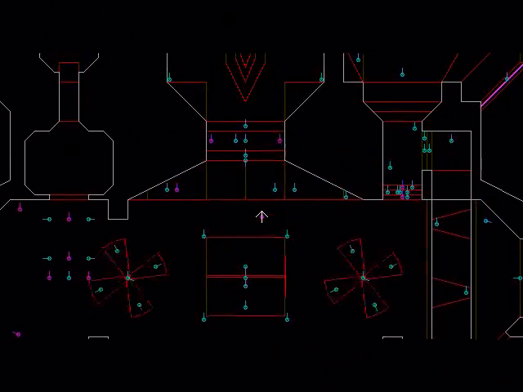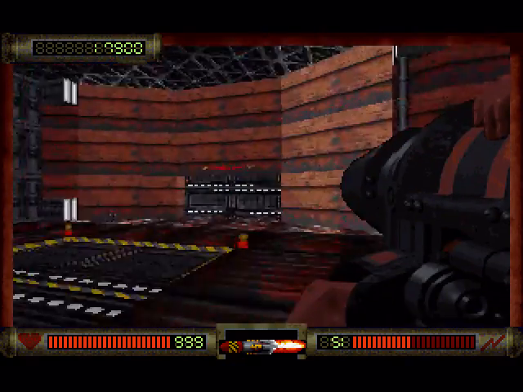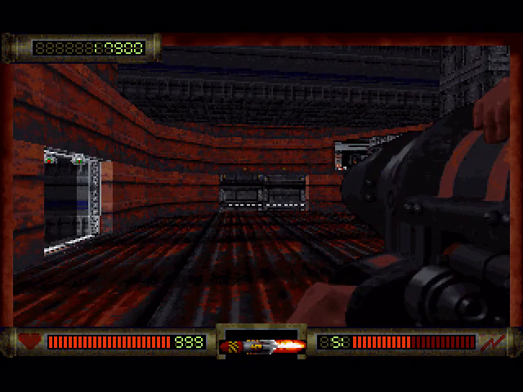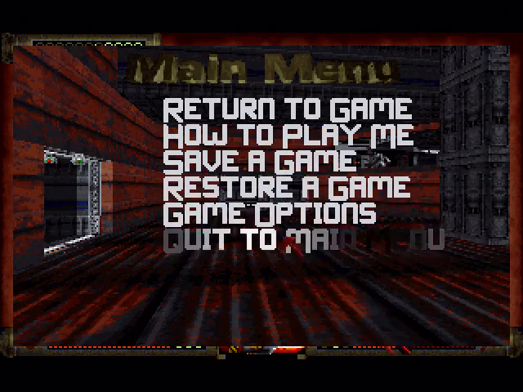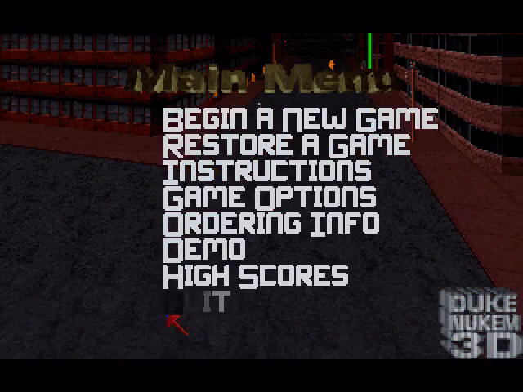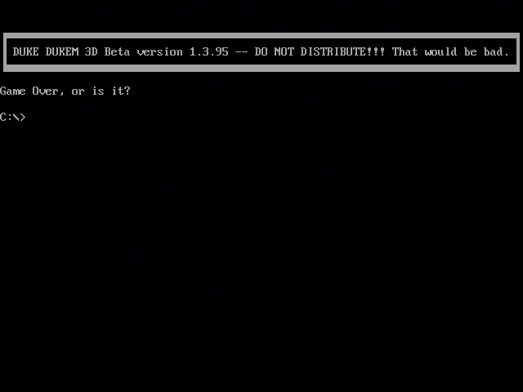This is around the time when I realized that the game is running too fast, and I asked myself, if I can fire RPGs this fast, like some sort of RPG machine gun rocket launcher, it's too fast for me. So I quit the game, and I